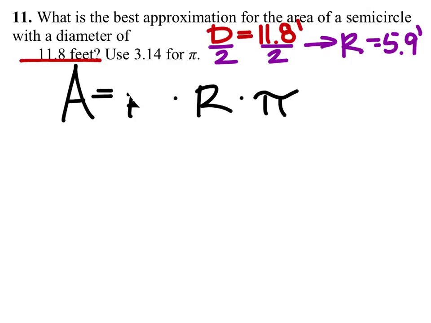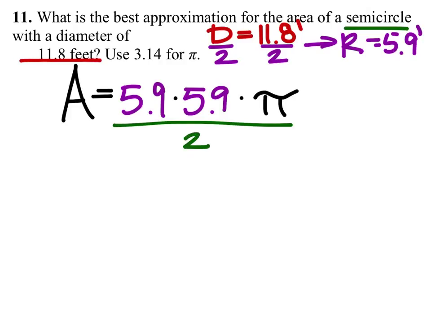So I go into this formula, I replace the radii with 5.9, and this would give me the area of a full circle. What we have up here, though, is a semicircle. So when I find that area, I'm going to need to divide it by 2. A semicircle is half of a circle. So the actual area of this thing,